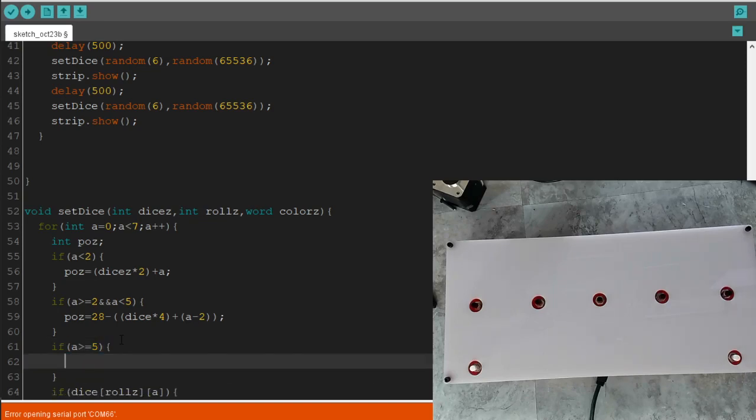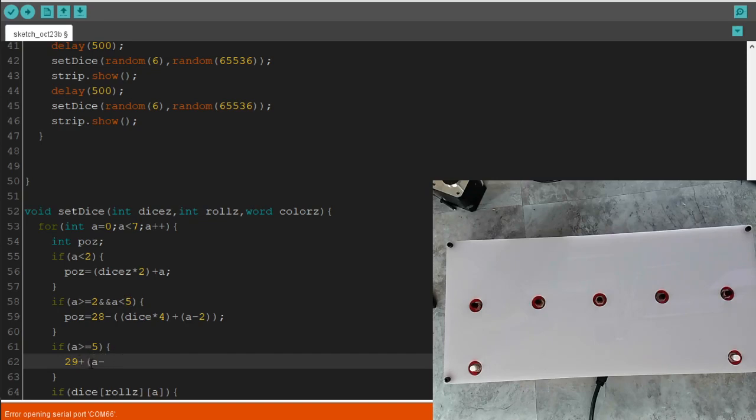Okay? So now we're going to the top row. So basically, it looks like we're just adding, starting from 29. So this is pixel 28 right here, right? This is pixel 29. So it's 29 plus A minus, let's see. A is equal or greater than 5. Is it 5? No, okay, sorry. So 2, 3, 4, 5, 6. Yeah, okay, so 5 and 6. That's it. So A minus,